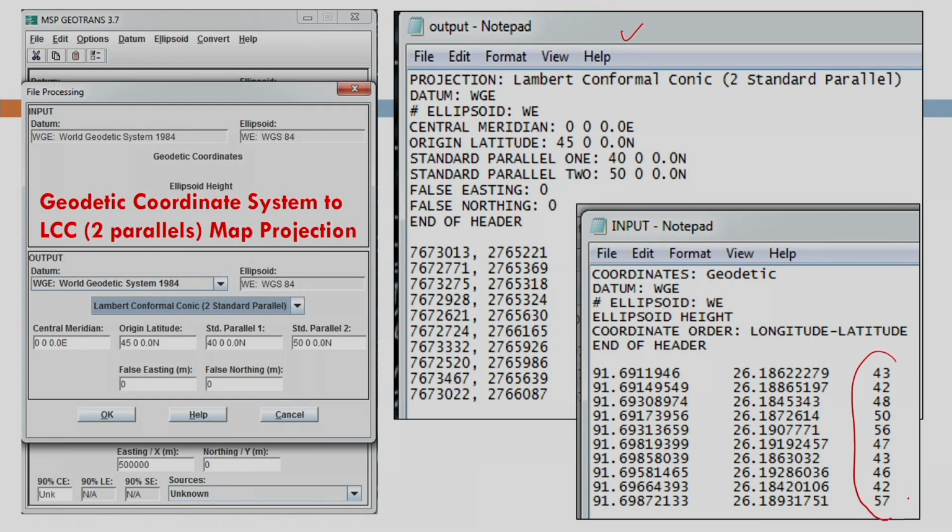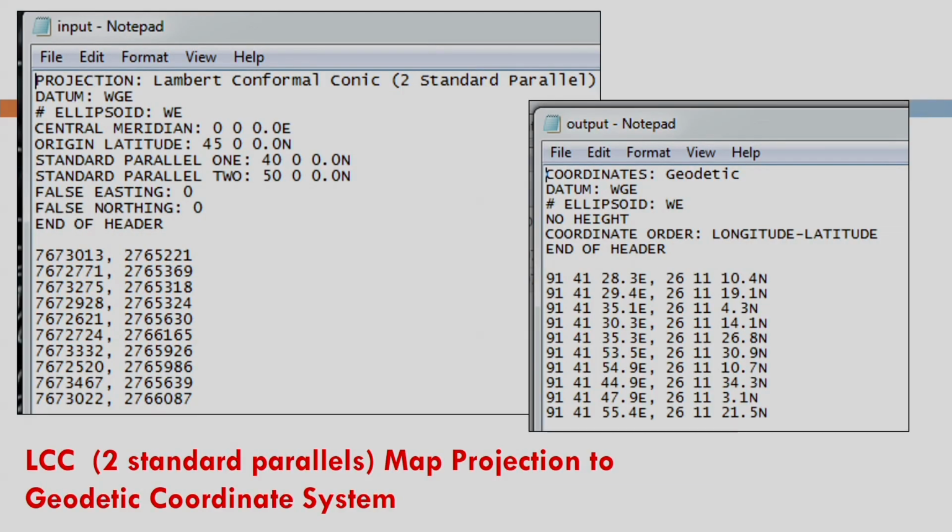You can see here there is height information also, right, and here I am specifying ellipsoidal height. You will see the magic in the map projection. We don't get any height because the map projection does not use the height information at all. So even if you specify the height, it is not going to matter for the map projection in this application. Okay. Now see here, this is the central meridian and first standard parallel. So this is standard parallel 1, standard parallel 2, and again I am specifying false easting and false northing here. Okay, let us go ahead.